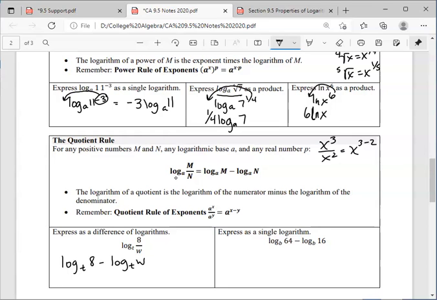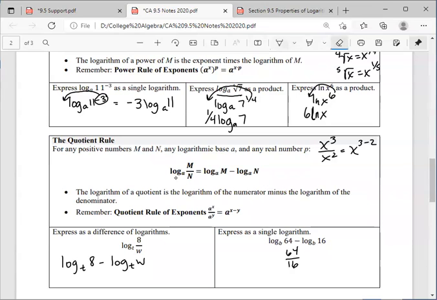But they both have the base, those subscripts of b down there. This one, they're saying, go the opposite direction, express it as a single logarithm. So if we're subtracting and we want to put it back together, we're going to make it into a division, 64 over 16. And that log looks like it's on the bottom, but I really just mean it to be out in front,